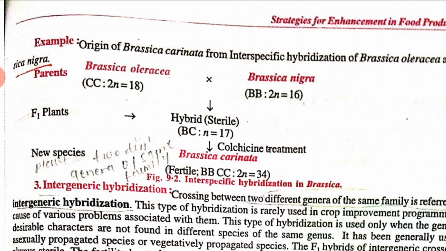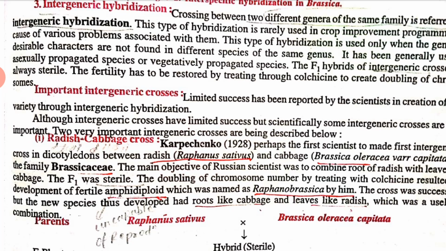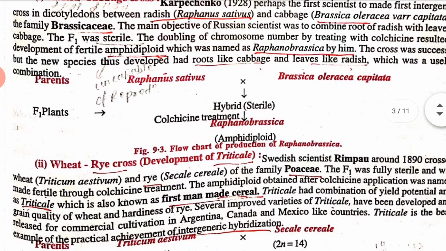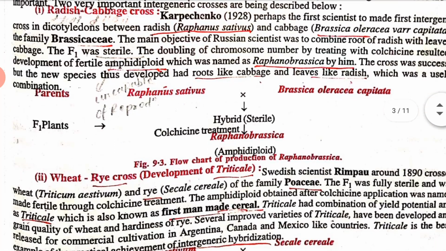There are also important types of intrageneric cross. First is the radish-cabbage cross, and second is the wheat-rye cross. We'll start with the first, radish and cabbage. Here we will understand by this example. On one side we will take radish, and on the other hand we will take cabbage. When these two are crossed with each other, the result will be